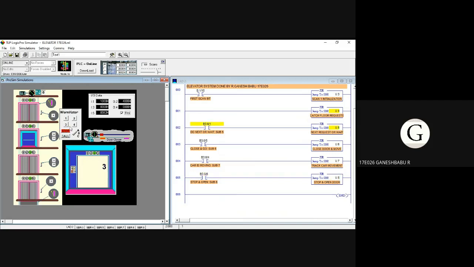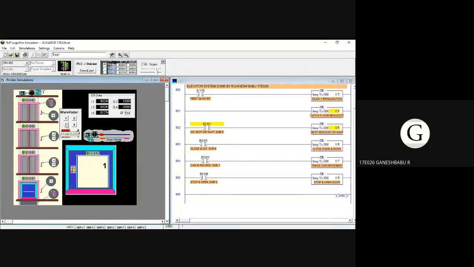Now I want to come down again from the third floor to the first floor, so I click first floor. So the lift comes down from the third floor to the first floor. The lift stops at the first floor, and the lift door opens at the first floor. These are the outputs on at this instruction. It catches the floor request, and it waits at the first floor for the next request.